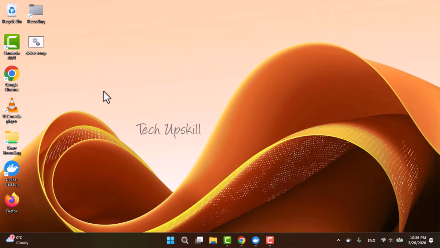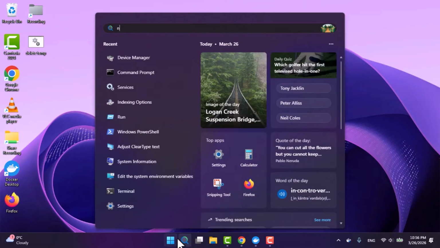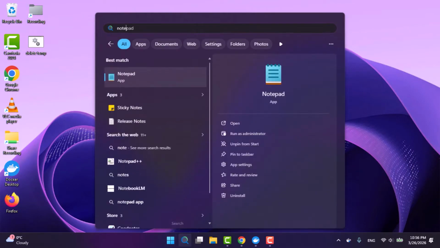If you find that Notepad is not present on your Windows 11 computer, there is a straightforward solution. We will begin by locating the Notepad application, even if it appears to be uninstalled. In the Windows search bar, type Notepad. If it appears in the search results, click on the downward pointing arrow next to it and select the uninstall